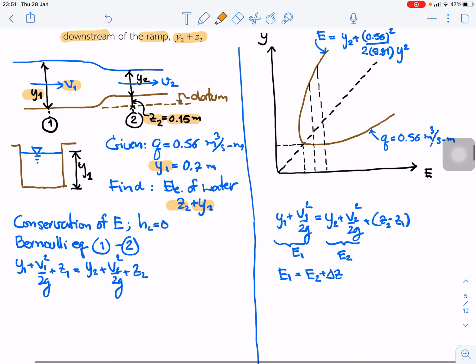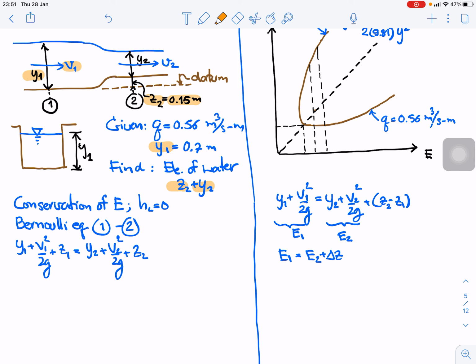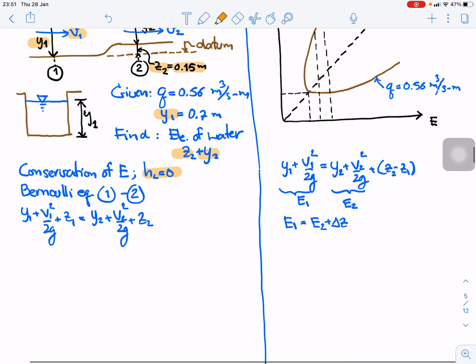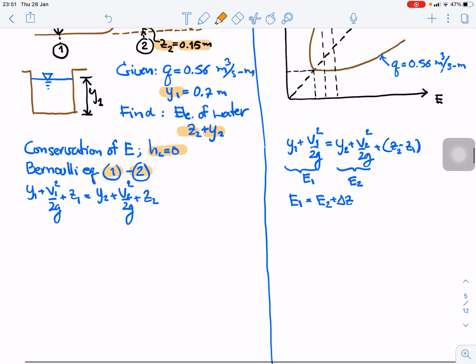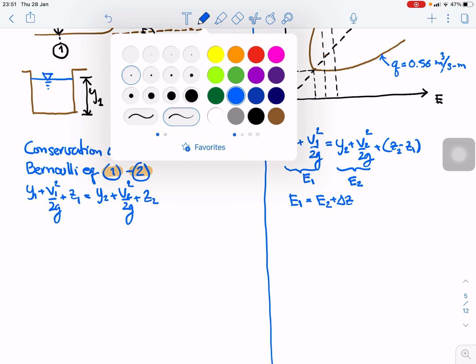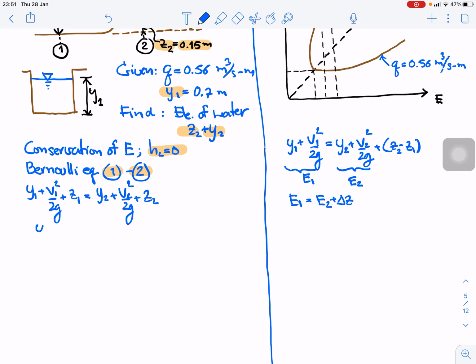So next we use the conservation of energy. We assume the head loss is 0 and we start with the energy equation between point 1 and point 2, and next we find the number for each parameter. y1 is equal to 0.7 meter, z1 is 0, z2 is 0.15,